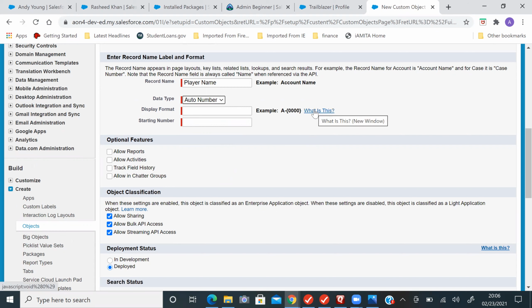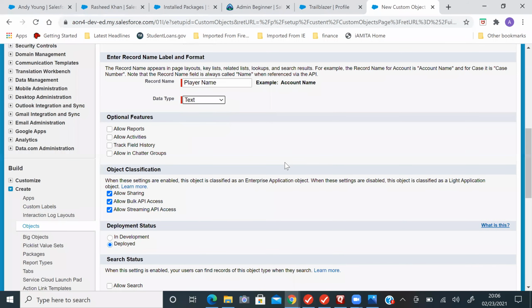Here we are interested only in string text. You can allow reports, allow activities, and track field history.